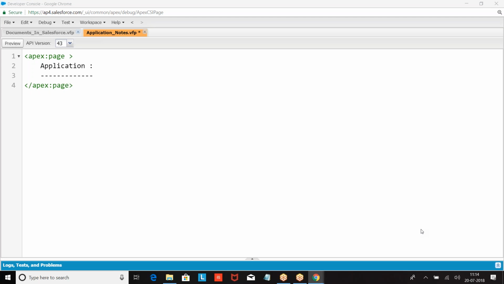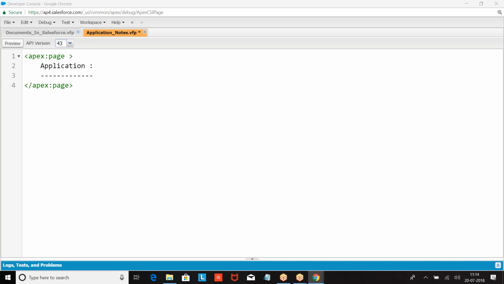How many types of applications do we have? Two types of applications we have: standard application and custom application. When I say standard application, applications created by Salesforce are called standard applications.